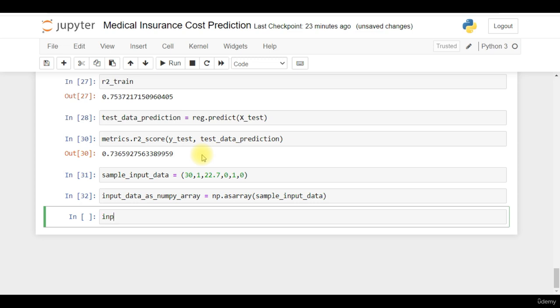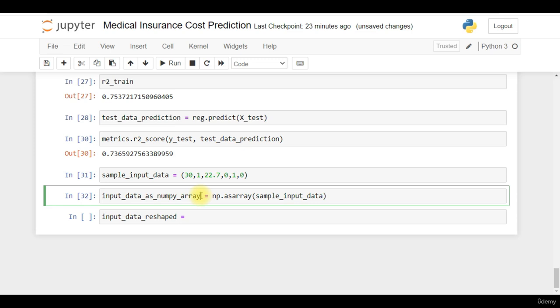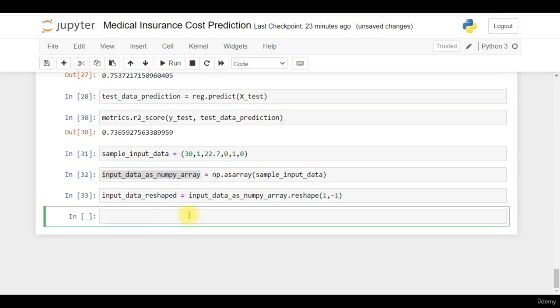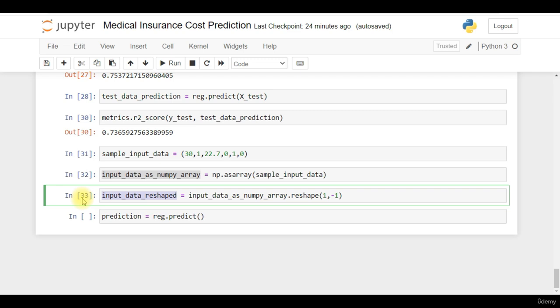So input data reshaped. I'll copy this, I'll paste it and call the reshape function, 1 comma -1. Then finally I want the prediction. This will be reg dot predict, and here I'll give this reshaped data,